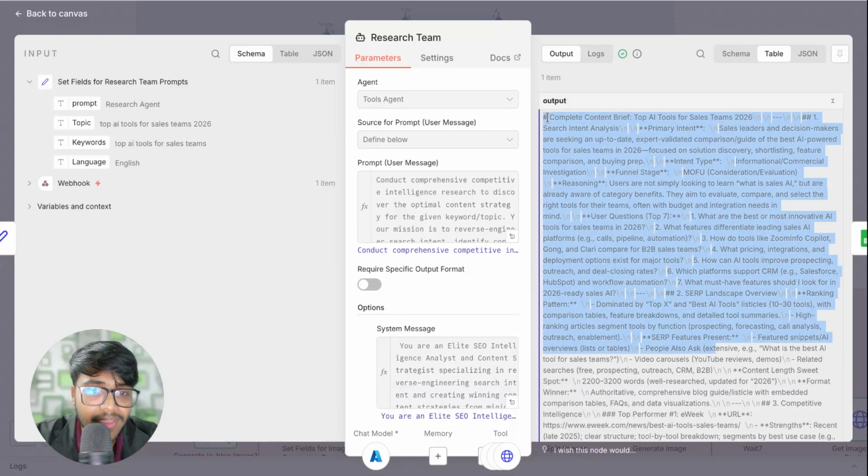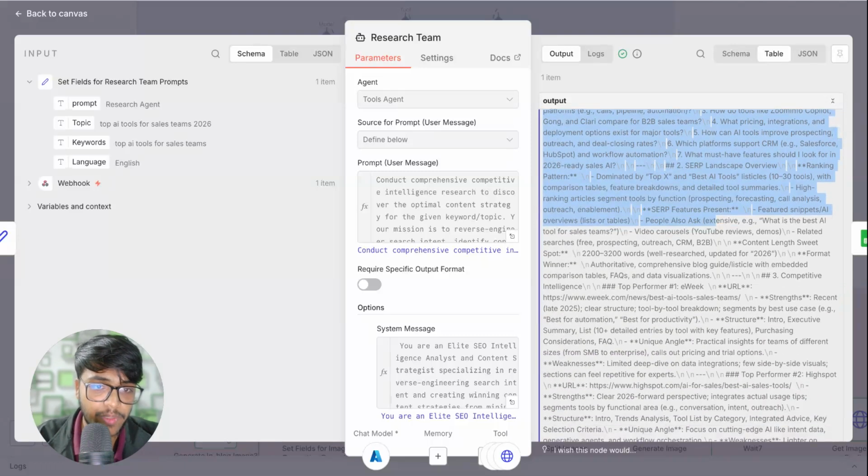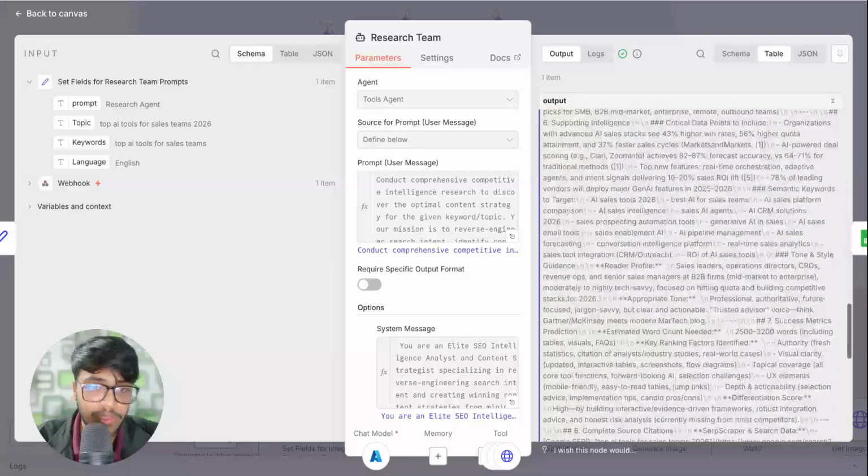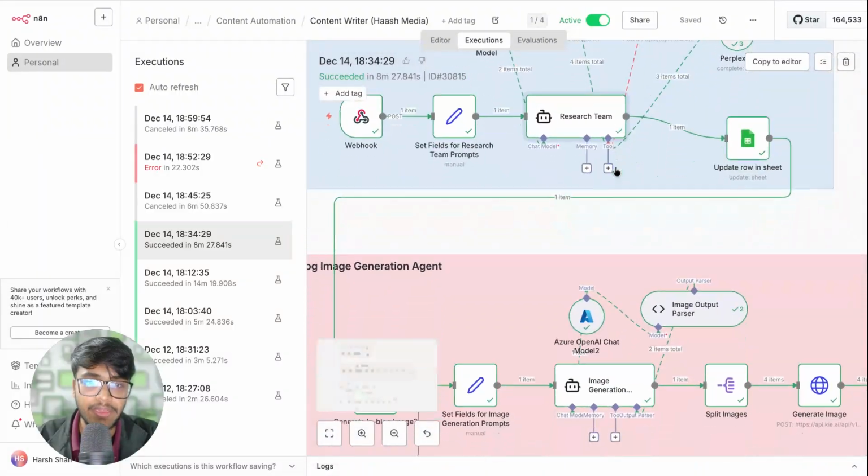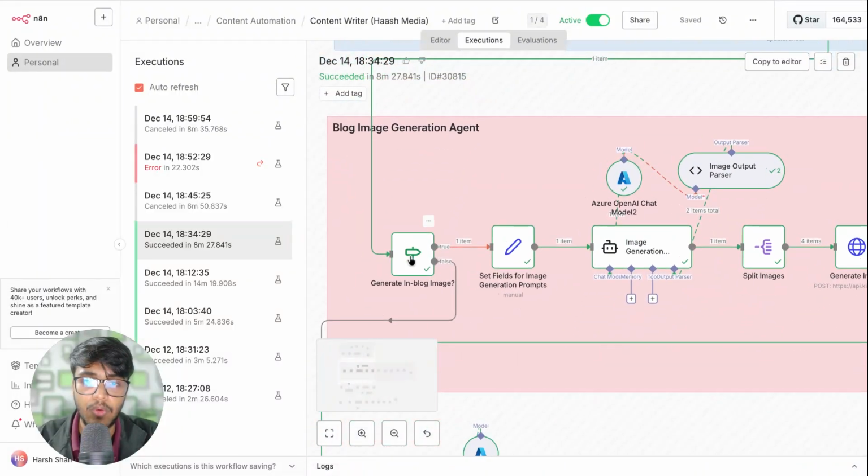This is going to be the outline of the content, right? Of the topic that we have given to this particular agent. So this is going to be the very, very extensive outline, very detailed, which then we will use for creating content. So now once we get this outline, what we do is that basically we go to the blog image generation agent,